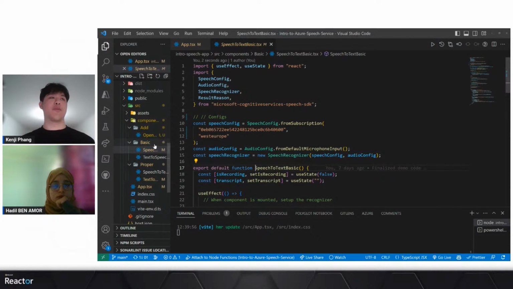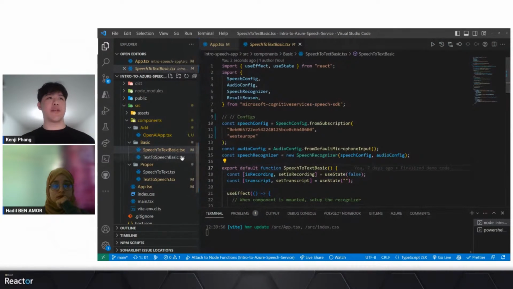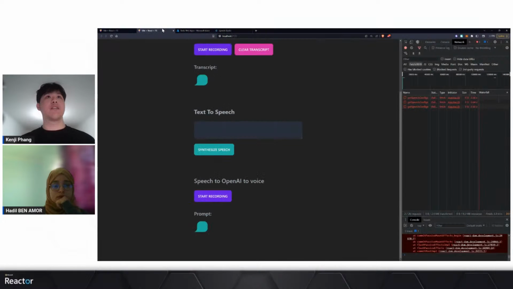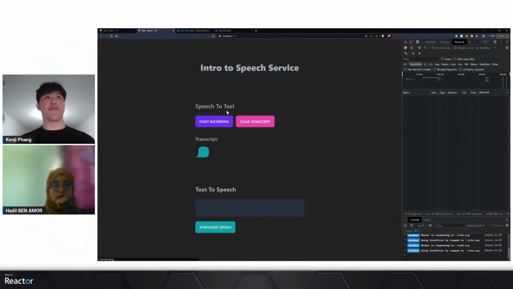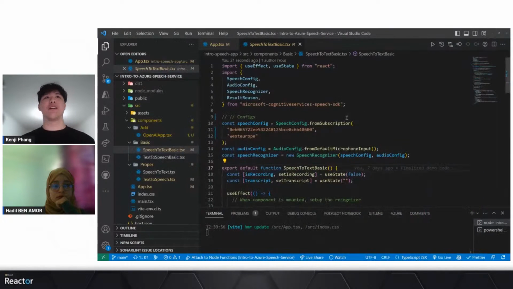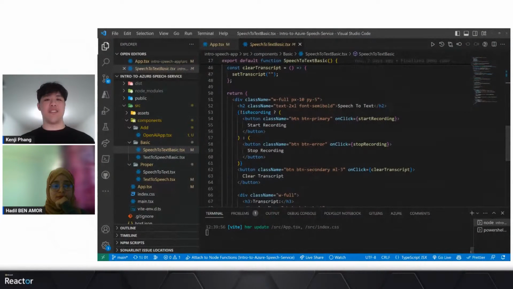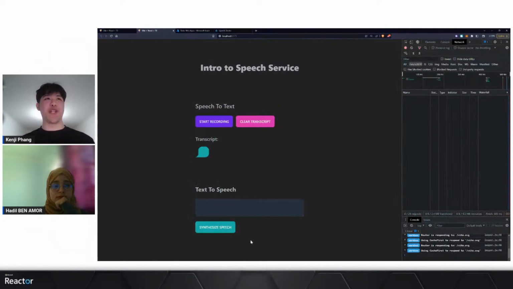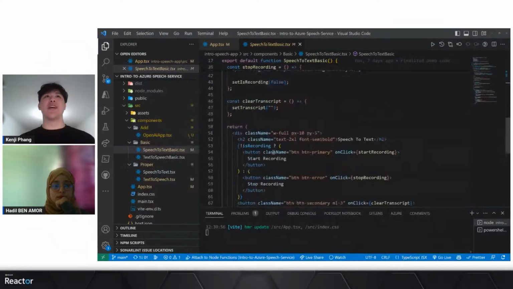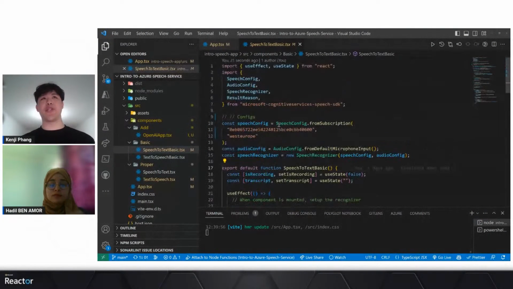So this component right here, speech to text basic, is basically okay. Let me refresh. Basically, this section, speech to text, just this thing. And what I've basically done is, it's a bit weird to change back and forth. I created two different buttons, to start and stop recording, a clear transcript, and then to actually display the transcript. And the only code I needed to add for the speech part is